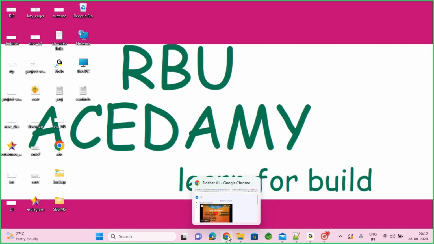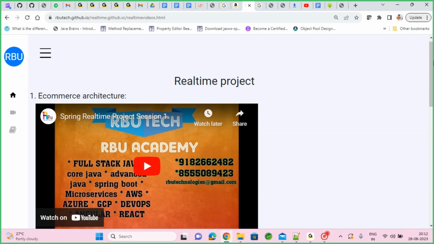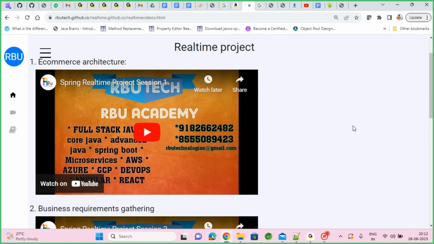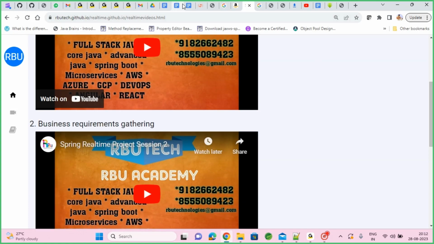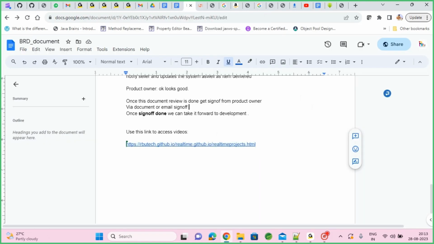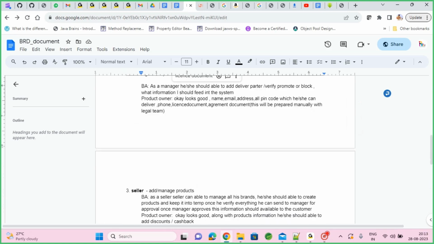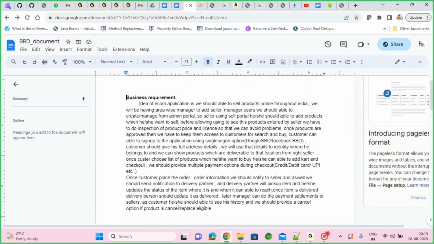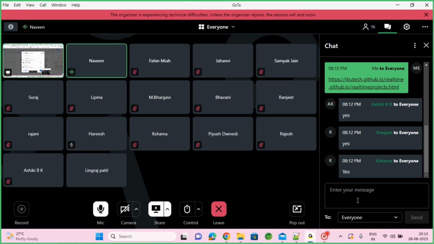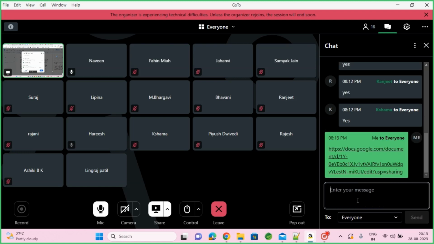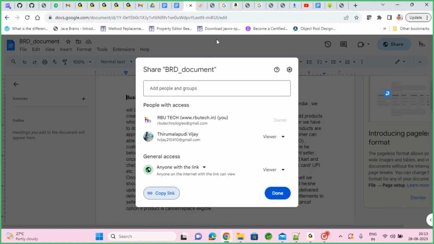So during last session, first we discussed e-commerce architecture, like how in general e-commerce applications used to work, and we collected all the business requirements. This session, the document is available here. This is also shared. If you don't have it, once again, let me copy and put it here. This link is now with you,